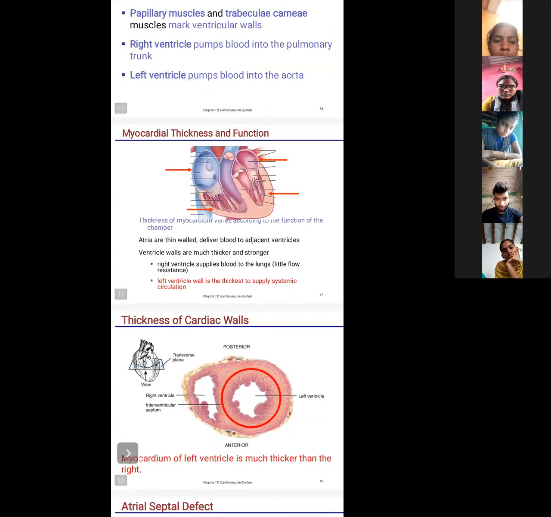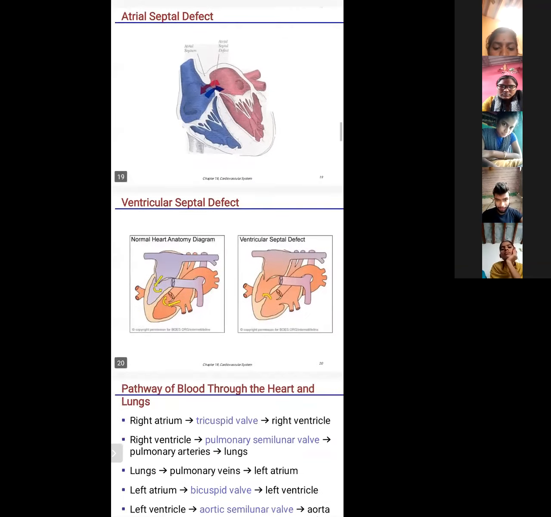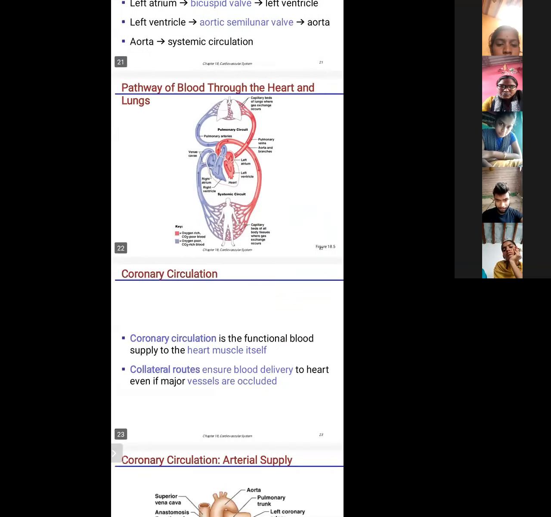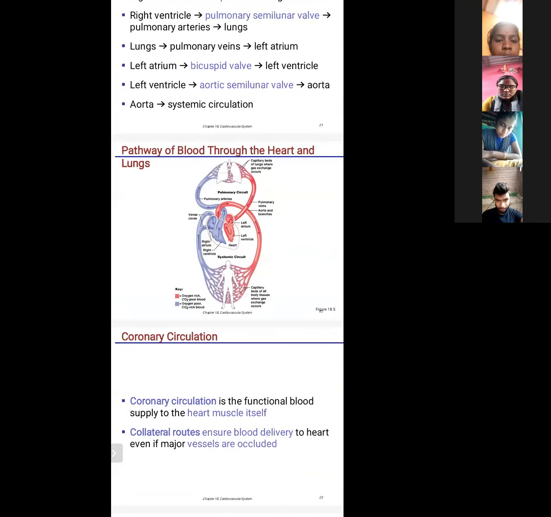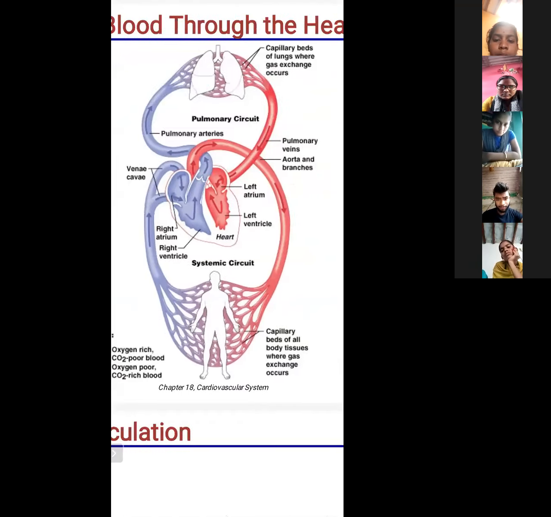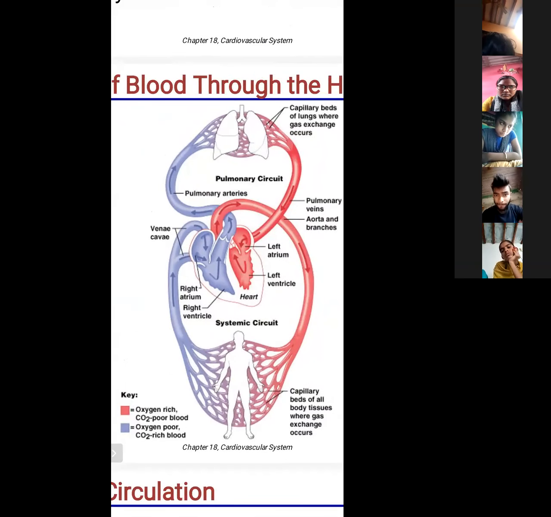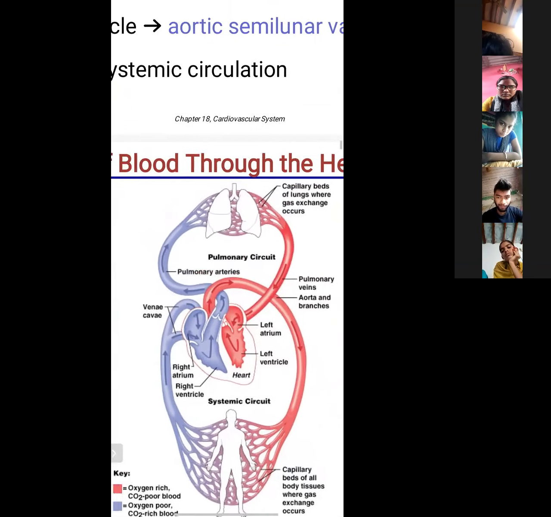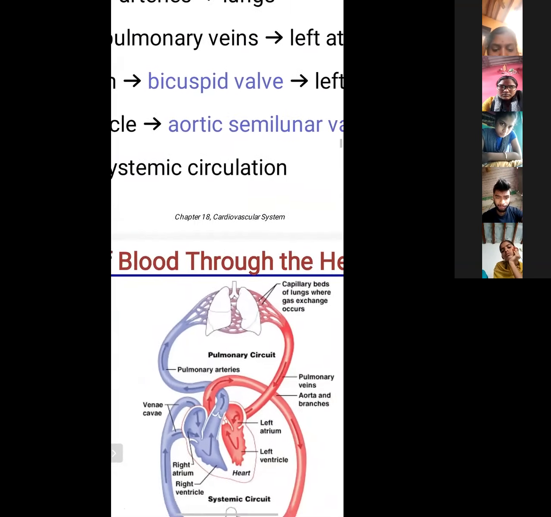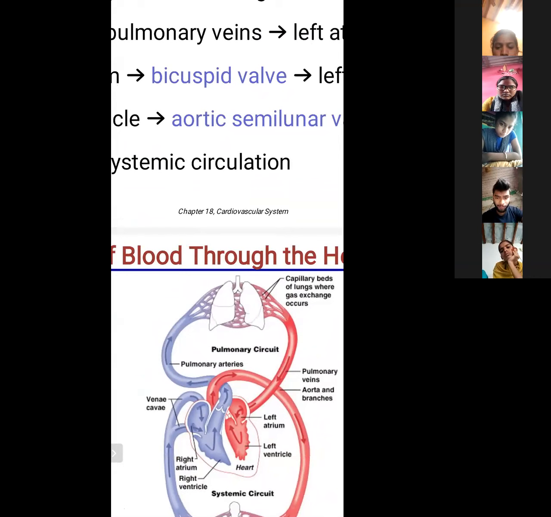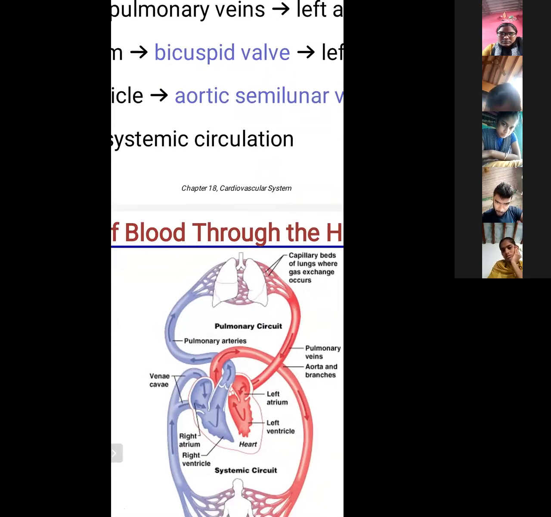Now you have to know how the blood circulation is taking place. Pathway of blood through heart and lungs. Just go through it. This much only you go. Afterwards we'll see that. Are all of you able to see the visual? Yes, ma'am. You see the circle, how it will be going, arrow marks and all, notice. Just go through, I will tell.